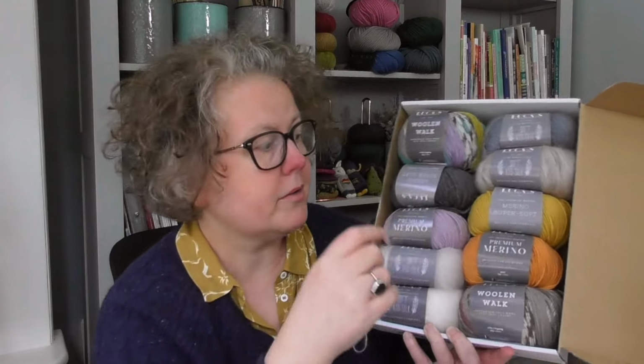I will see how they come up. So those are new in my collection of yarns as well. I'm definitely knitting with stuff, and I have knitted with a lot of stuff over the last few months, and shared it all with you as well. It's not a massive yarn haul, it is just what I need, and I'm definitely going to knit with it, and you're going to see some of it on video as well, because I am going to be creating videos as well. Now what I will say is I will get the Swift out, there we go,